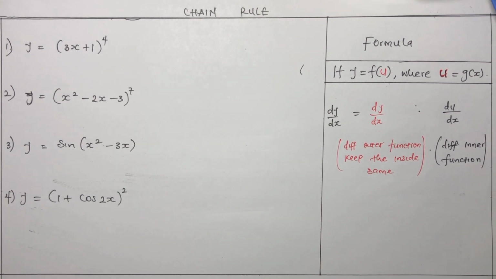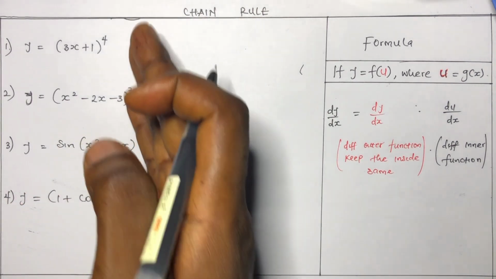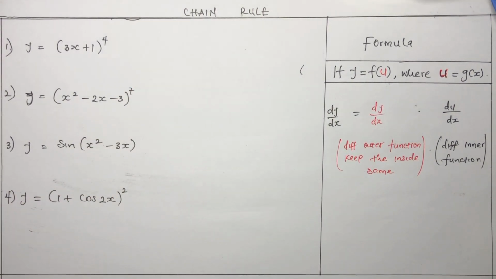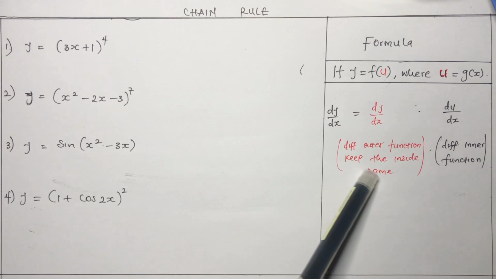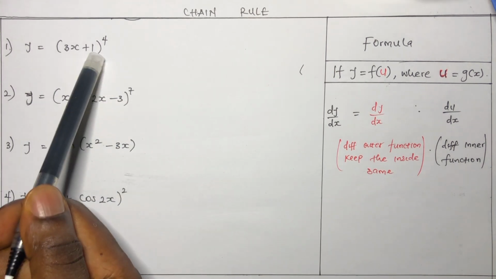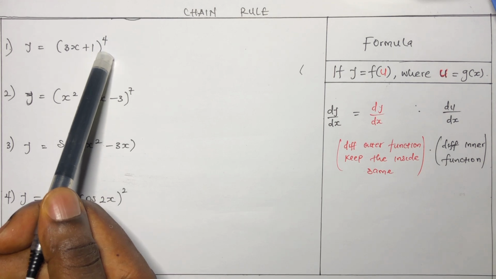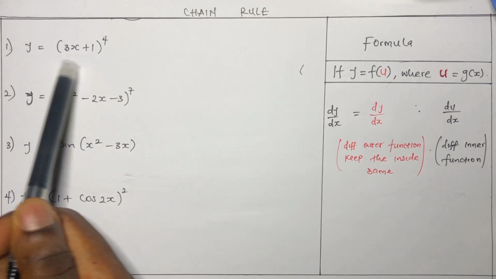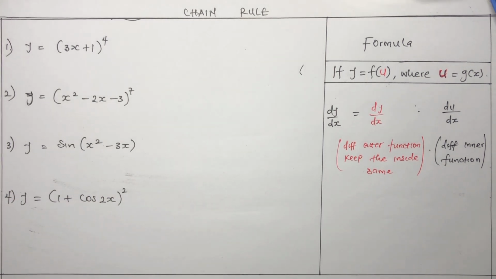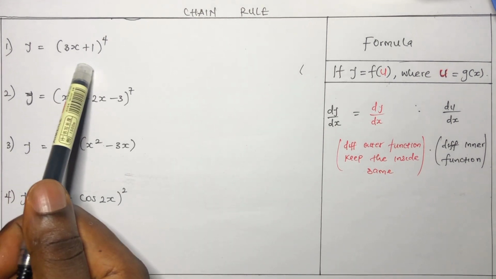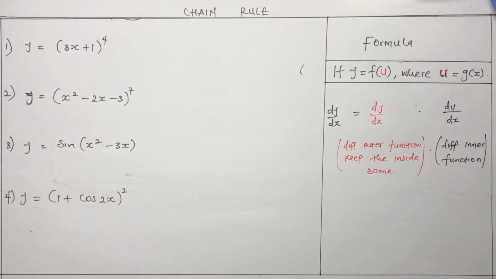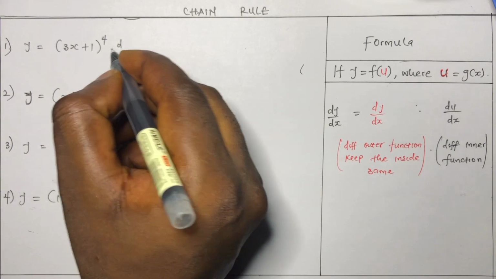In a short while, we are going to see how we can actually use the chain rule method to obtain the derivative of this function we have in our list. So from our basic knowledge of differentiation, we are going to differentiate the outer function. And we're going to move this power of 4 up front and take away 1 from this power. And then leaving everything we have inside of the function the same, and then multiply by the derivative of the inside function. So dy/dx